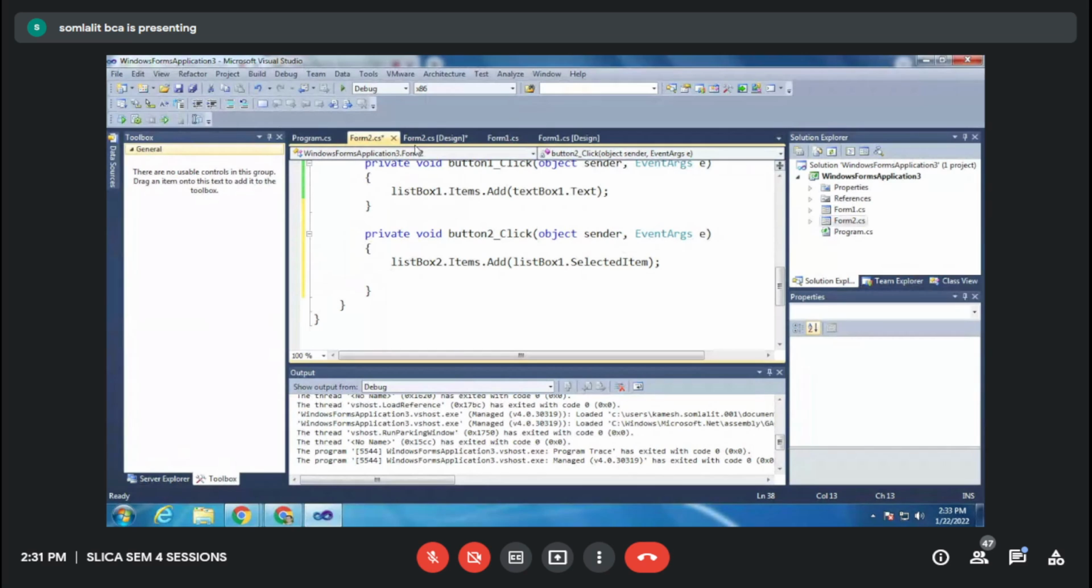But here, a problem occurs if the user is not selecting anything. If the user is not selecting anything and clicks on this button, it gives an error. So we have to protect our code. I'll cut this and check if